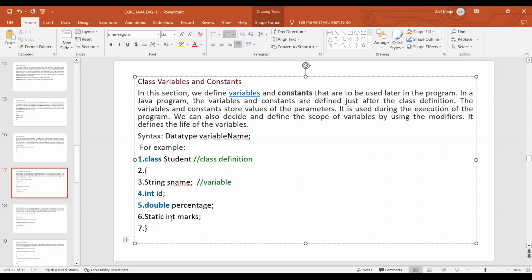marks, it should be in small letters. Actually, in Java, keywords should start with a small letter. You need to remember this, okay? But mistakenly it is coming in caps. How we define any constant variable is by using the keyword called static and